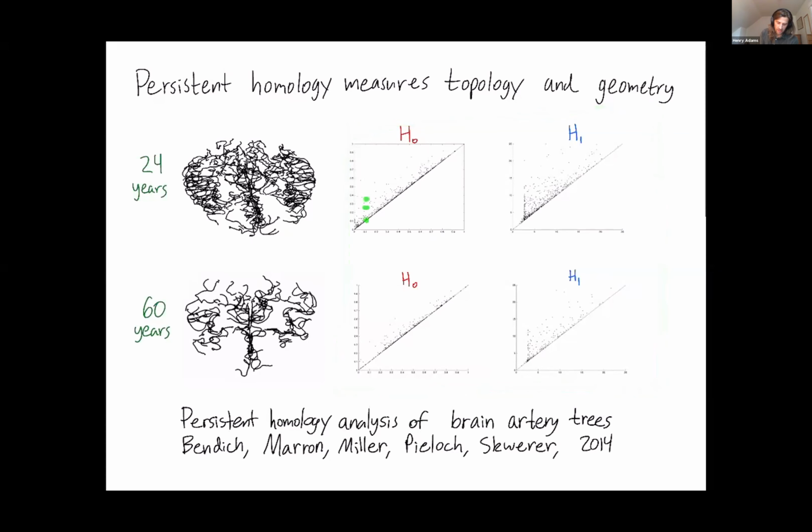We have more points in the persistence diagram for the 24-year-old brain than the 60-year-old brain, measuring some of this local geometry that's present in the younger brain but not the older one. This has been used successfully in machine learning tasks to identify ages of brains.